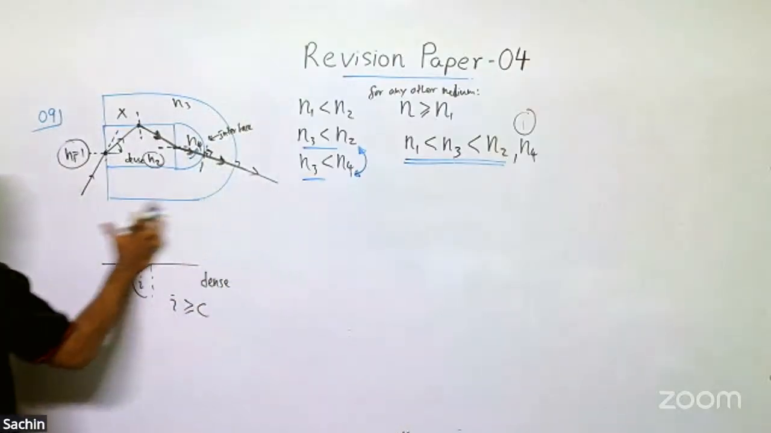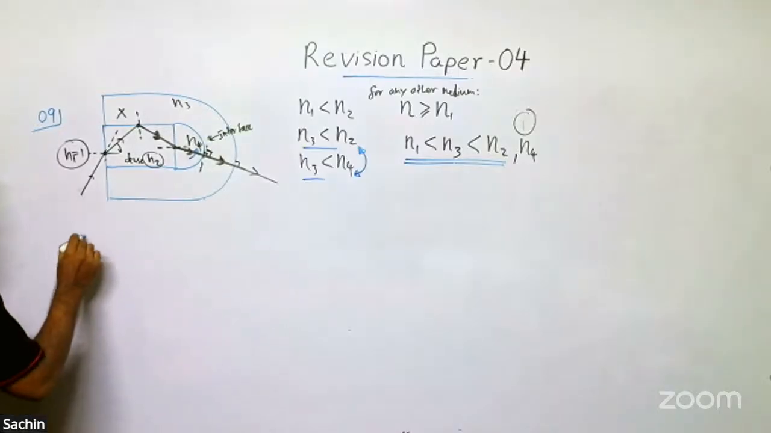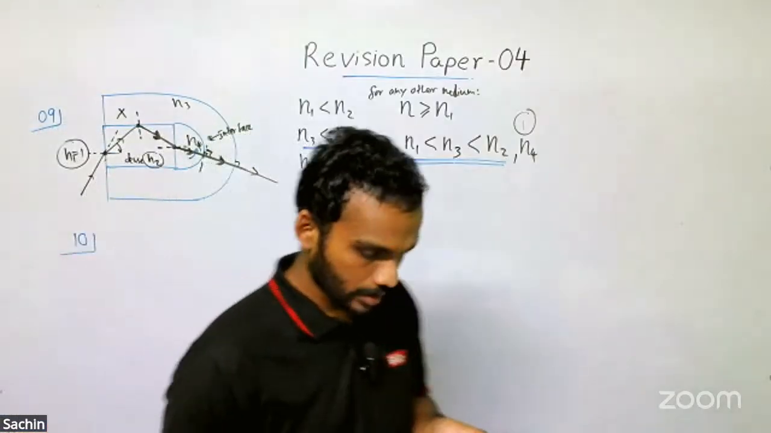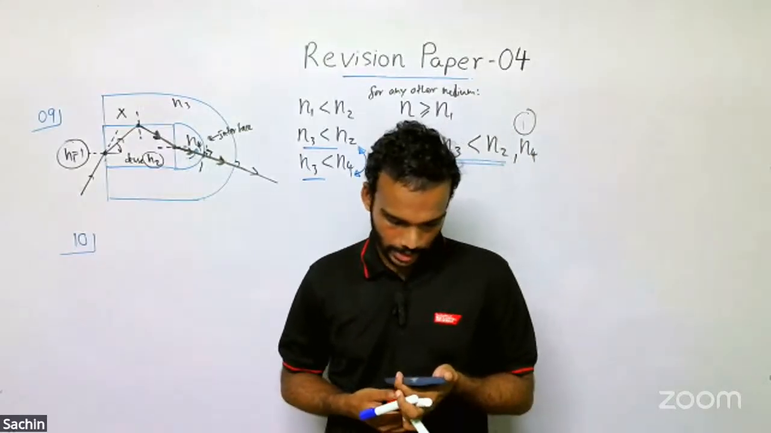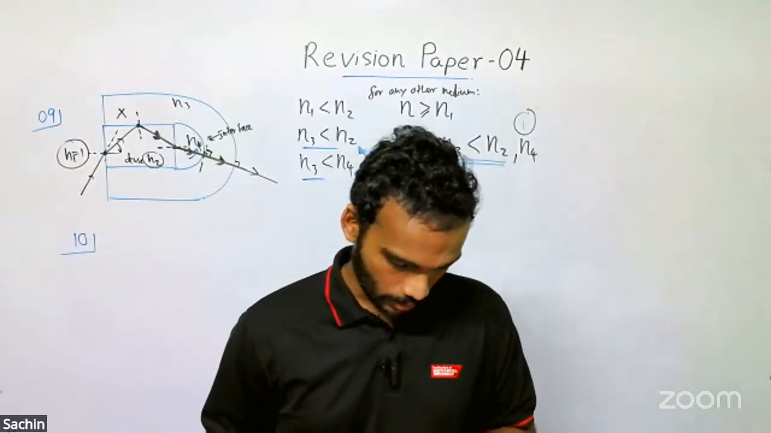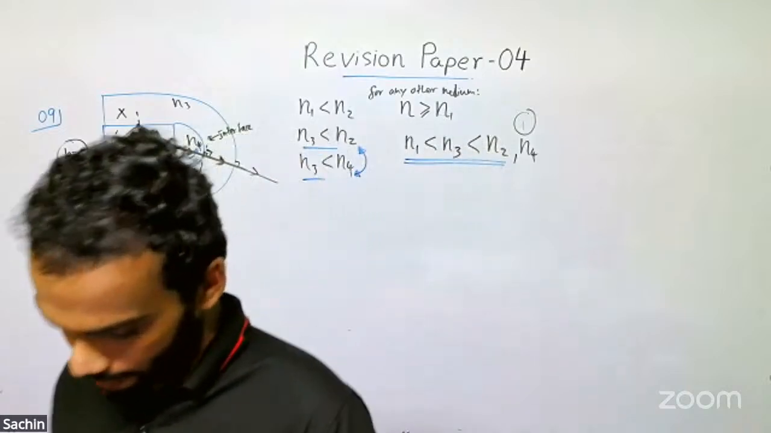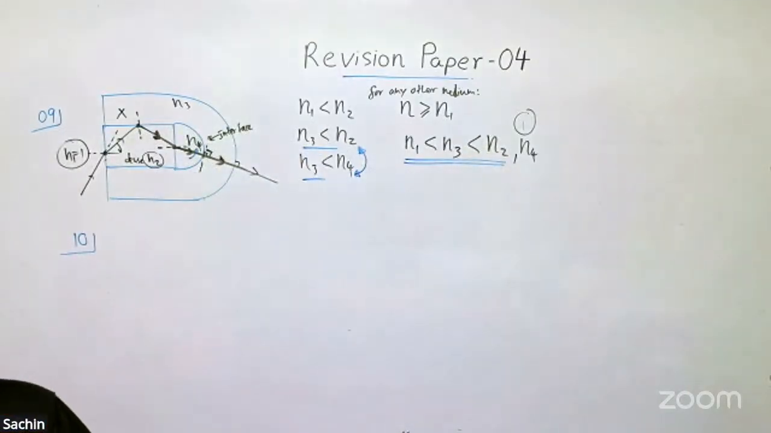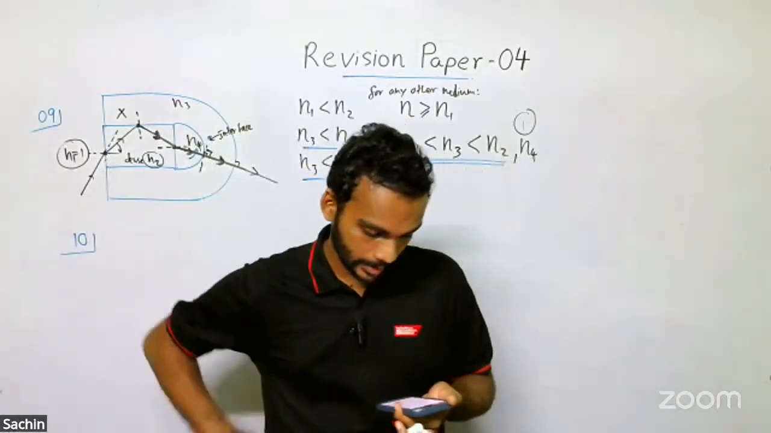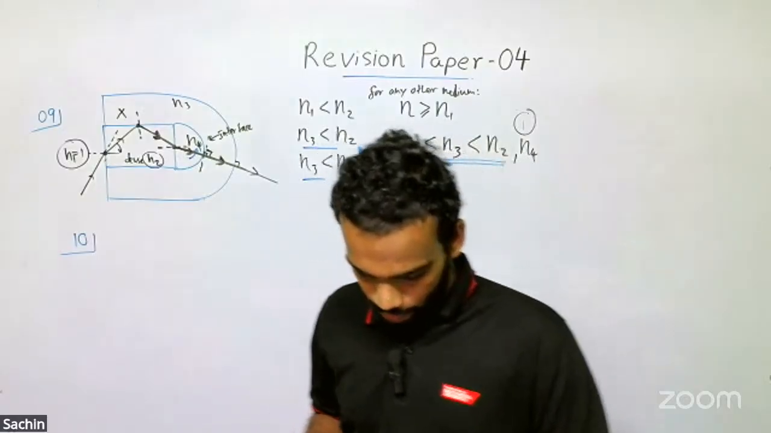And the 10th one: a rod that is made of a metal of Young's modulus 2 × 10^10 Newton per meter square is subjected to a strain of 0.06%. So that's a percentage, not the actual strain. If you want to obtain the actual strain, you have to divide it by 100, because it's a percentage. So the strain energy stored in a unit volume of the rod is,